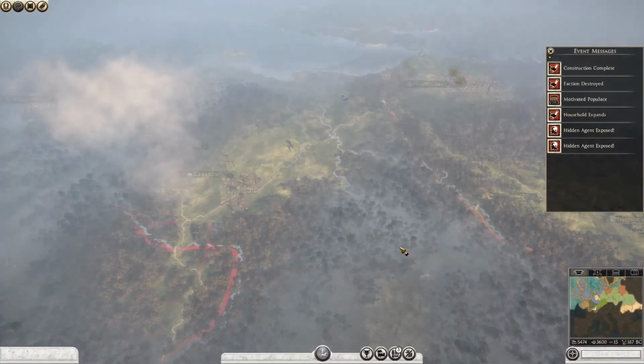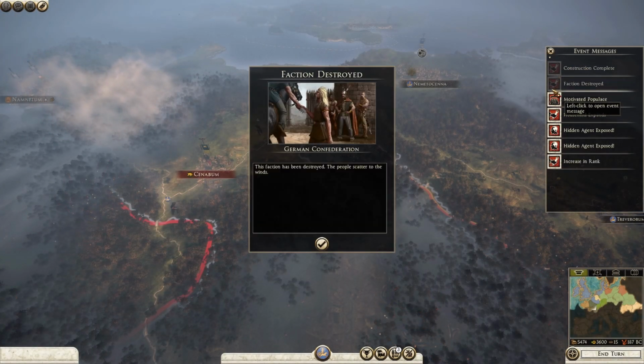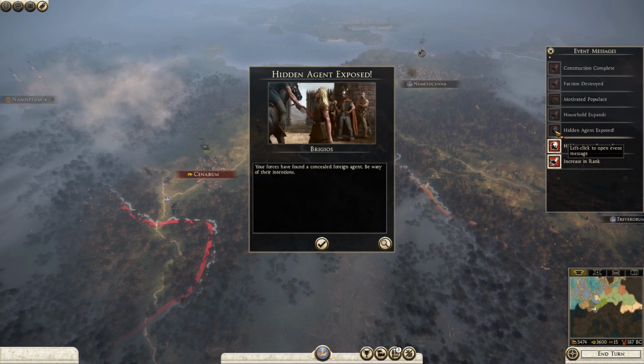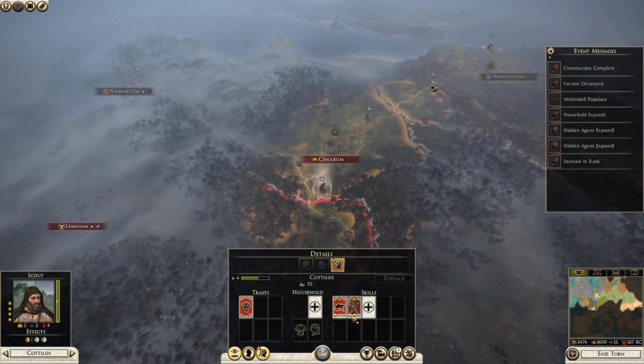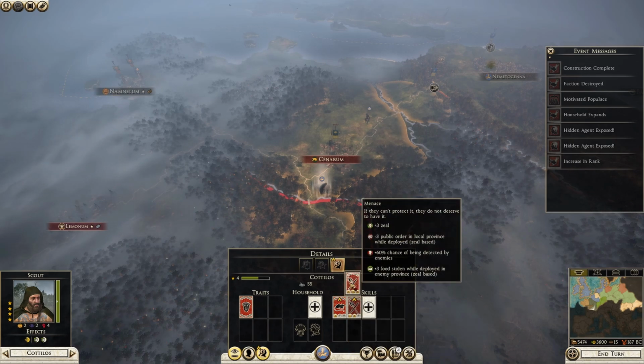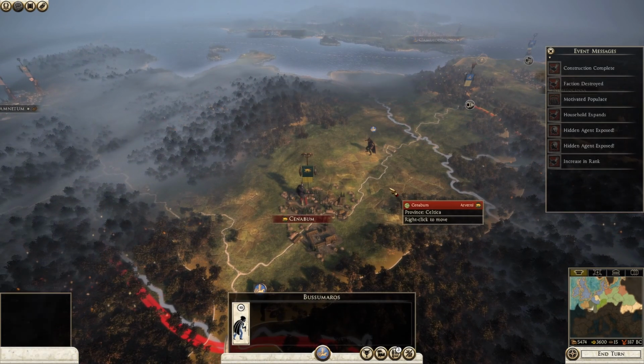I can be a right pain with that army, though, if I need to be. Faction destroyed. German Confederation. I wonder who that was. Scouts leveled up. Very nice. Is that more food I can steal? It is. Oh, yes. Hello. Still not going to make anything different this turn, but...